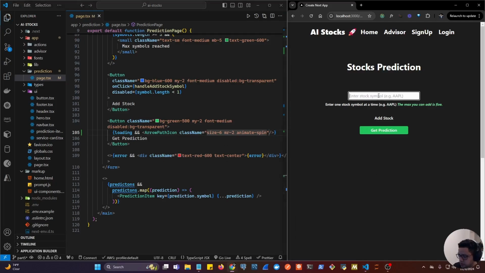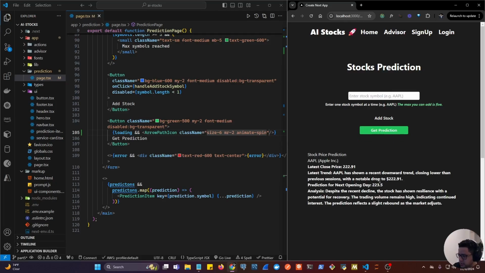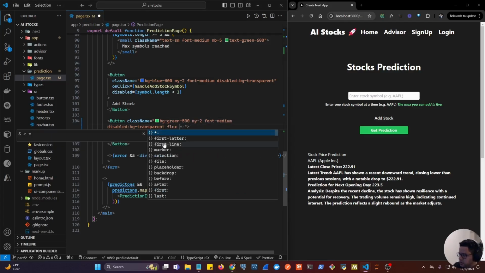Let's try to do a prediction, and let's do get prediction. Okay, let's just do, oh, we need to style this as well a little better. So maybe we can set this here to be a flex container. What if we do flex? Then we can do,